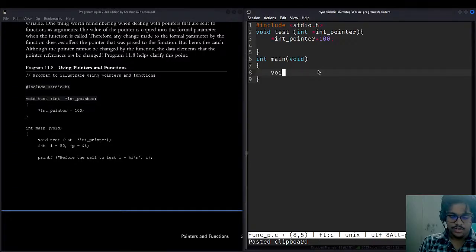So we can just directly do that. So int I, they are setting 50, we are set 200. Let's take 200. And they are addressing this pointer to address of I.